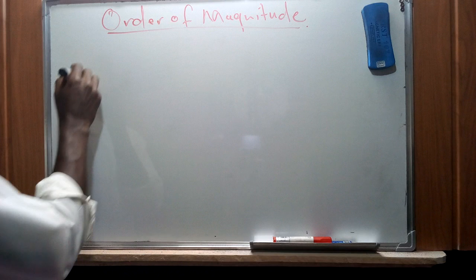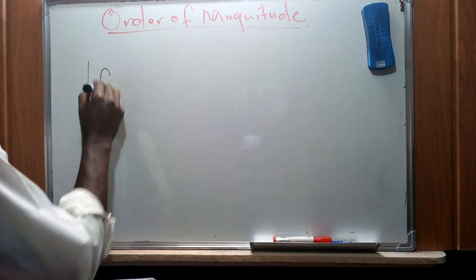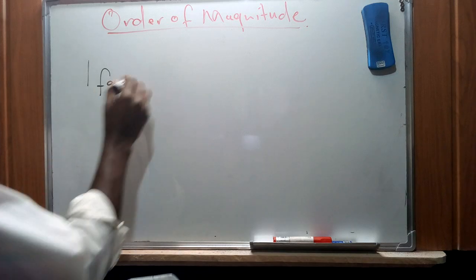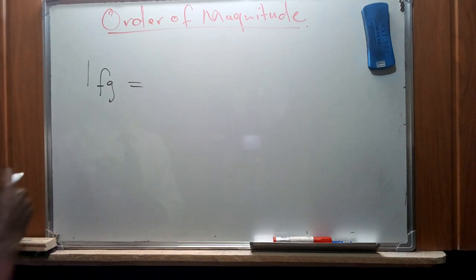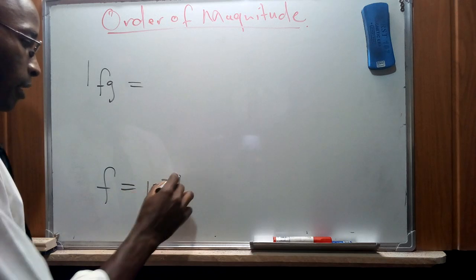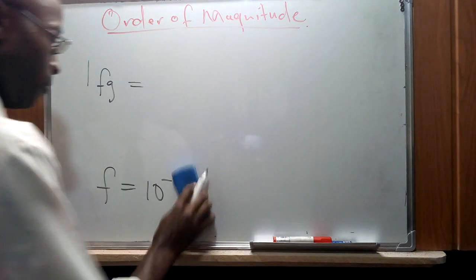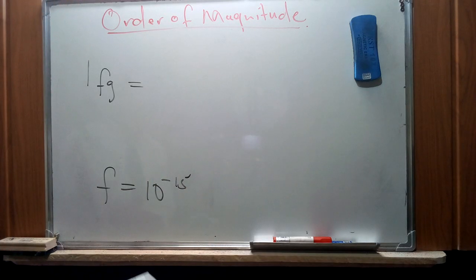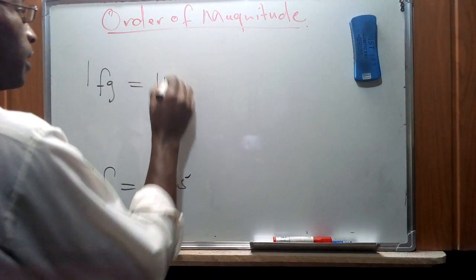So suppose we have one femtogram. Of course, this is a femto, given an impression that a femtogram is 10 to the negative 12. No, this is 10 to the power negative 15. This refers to a femtogram. So that's a correction for that case. So in this case, if it's one femtogram, which is 10 negative 15,